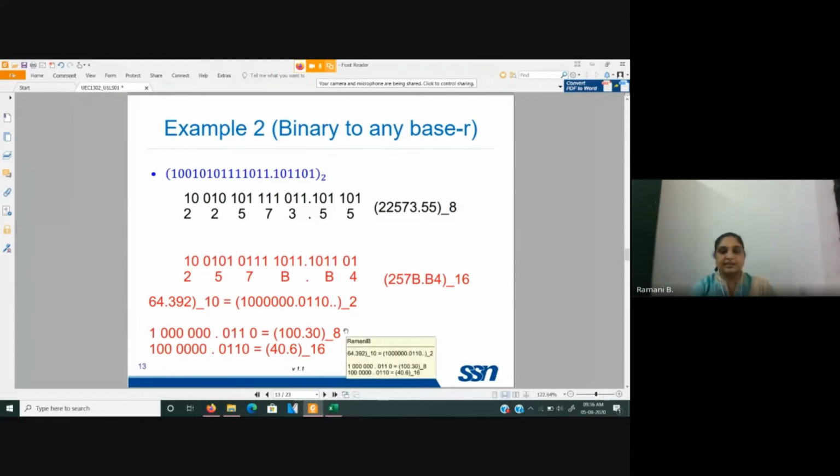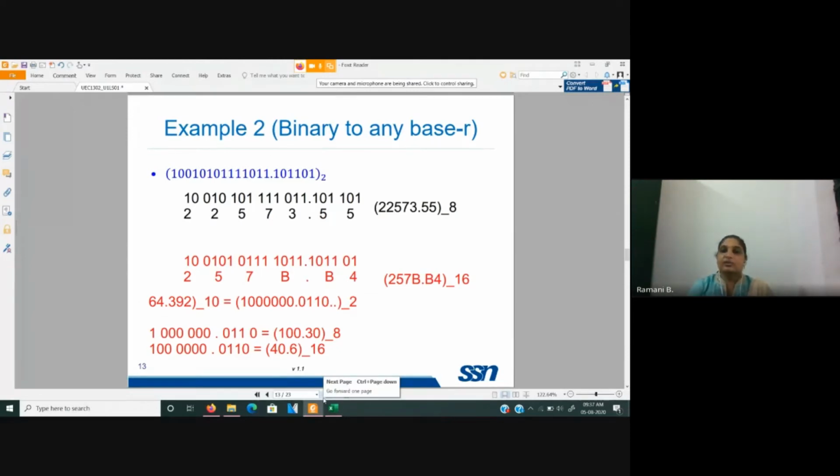In some places, the binary number will be represented with a notation. Instead of giving base 2, they might represent it with a small letter b, octal with o, hexadecimal with a small letter h, or in some cases they use a capital letter H also. And decimal, generally they don't represent with a base notation always. As we use decimal in everyday life, they generally don't give explicit notation in many cases. If at all they give it, it is well and good. Okay, so this is how we do the number system conversion from one base to base R.